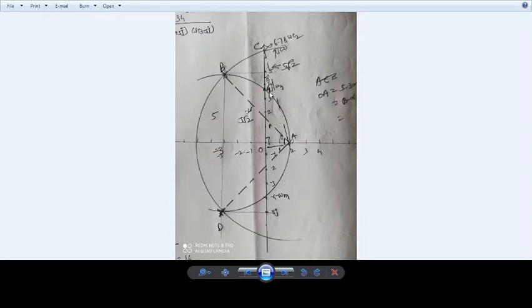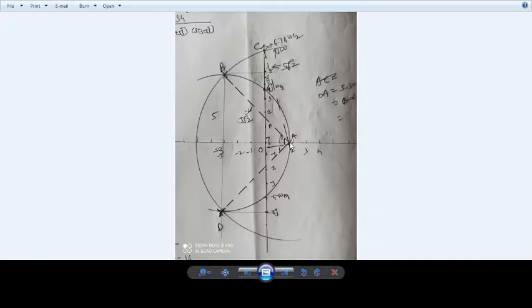So the maximum frequency, or the resonant frequency, is 4 radian per second. Now we know that. Now I would like to calculate what will be omega C2. To do that, we have joined B to A and D to A, wherever it met, that is my angle pi by 2. We have seen that. Now what is to be done?